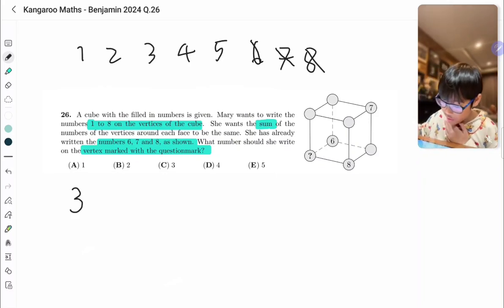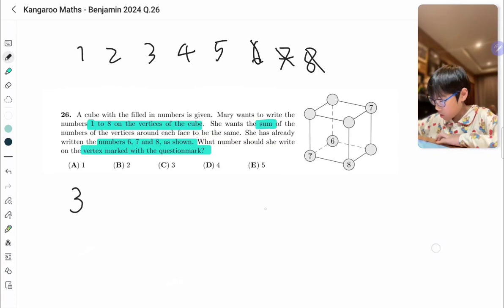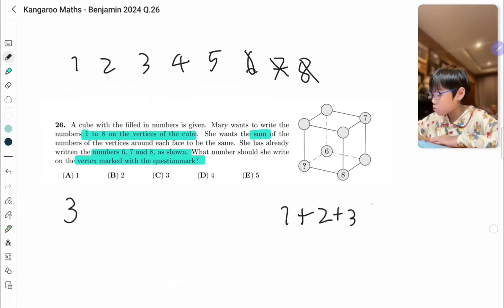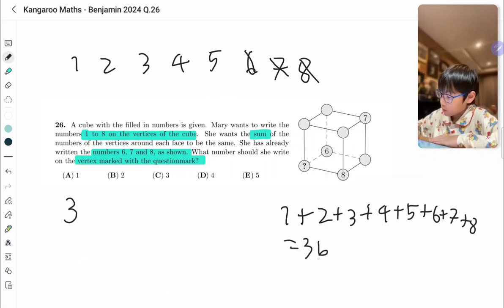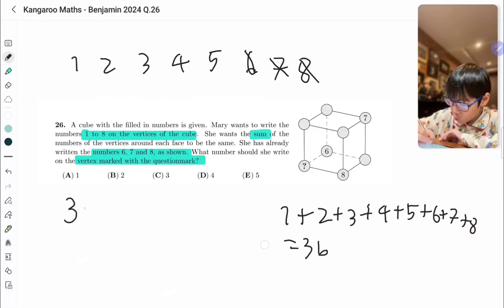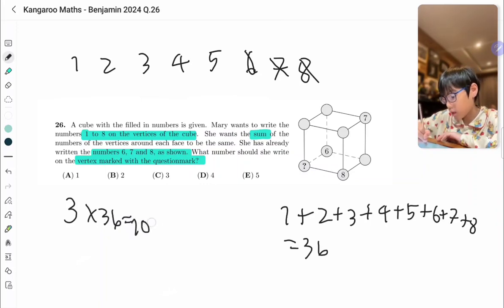And this makes me wonder another thing. Okay, I'm going to write it down here. 1 plus 2 plus 3 plus 4 plus 5 plus 6 plus 7 plus 8. Very long, by the way. Is equal to 36, right? That's the total of all the numbers used. But each vertex is in 3 faces. So if we times 36 by 3, which is 108, that should give us